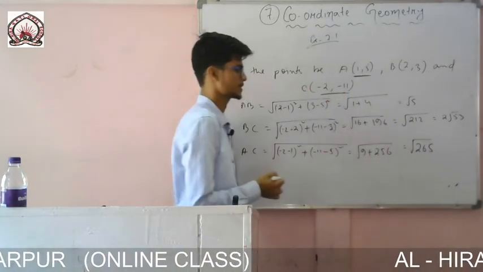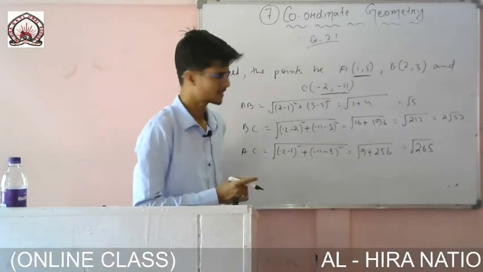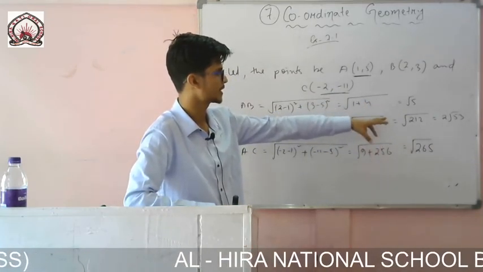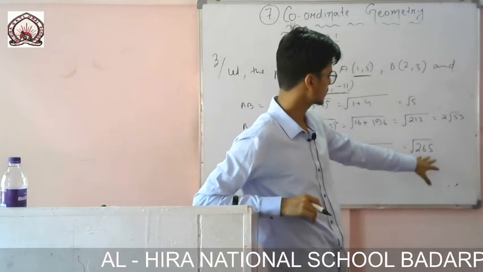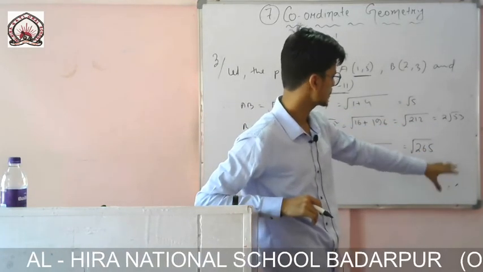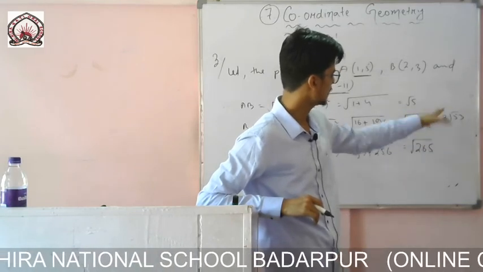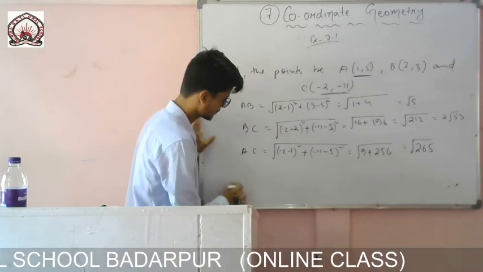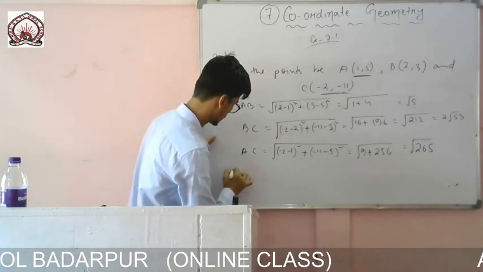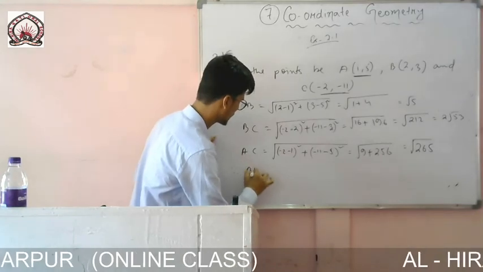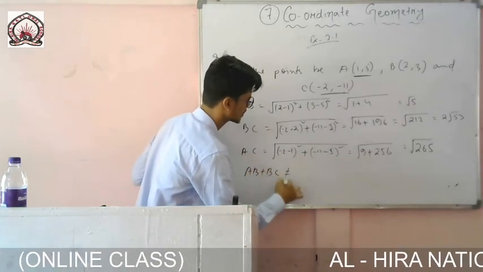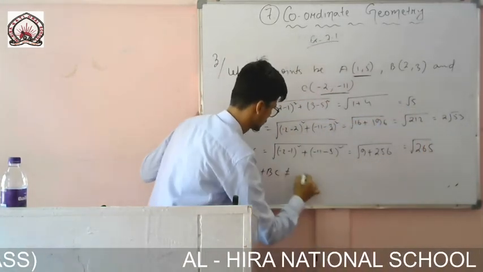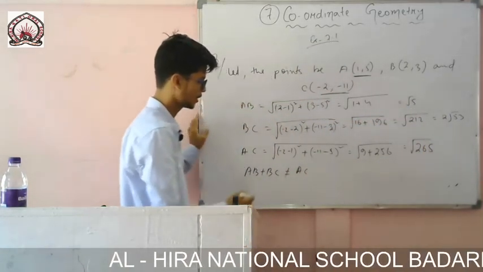It is 265. Okay, so you can see easily that these three sides are different from one another. This one and this one, if I add, then also I will not get this one. If I express it further, this one or this one, if I add, then it will not be the same. Let me write, if I add AB plus BC, then I will not get this one AC. If I add these two sides, I will not get this one. So that means they are not collinear.